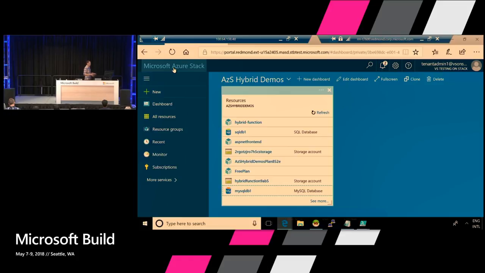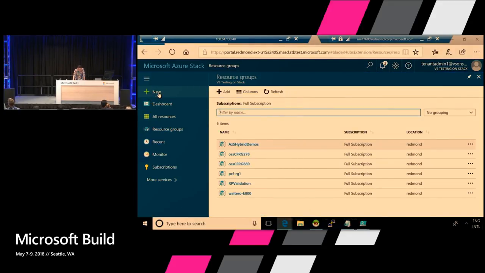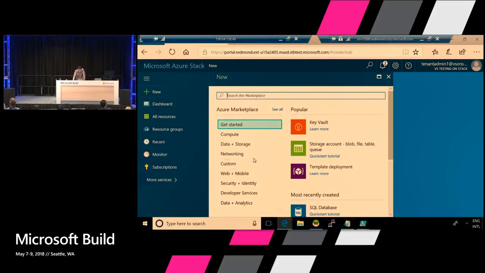Great. So first of all, if you are developing a hybrid solution or about to develop one, the first thing you ask is, what is available for me to use? Because personally, I try to write the least amount of code that I can. So let's take a look at this particular Azure Stack environment and see what capabilities I have available. If I look at my resource groups, actually there are different ways I can do that. So let's go to the marketplace and take a look here.